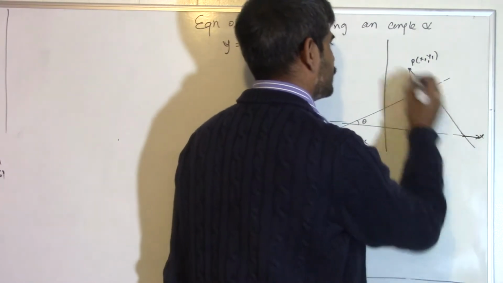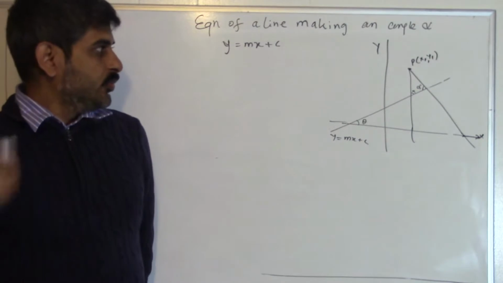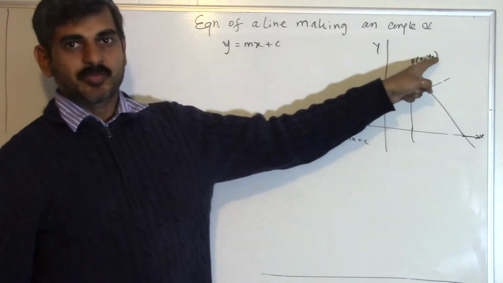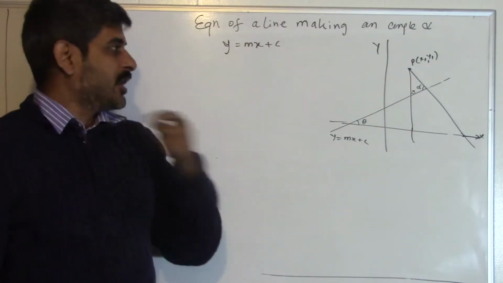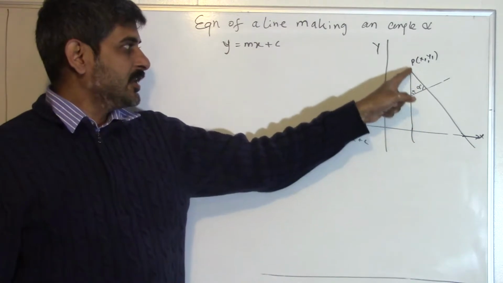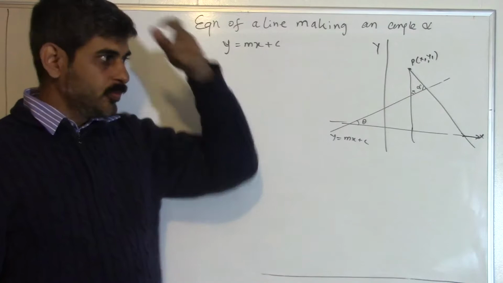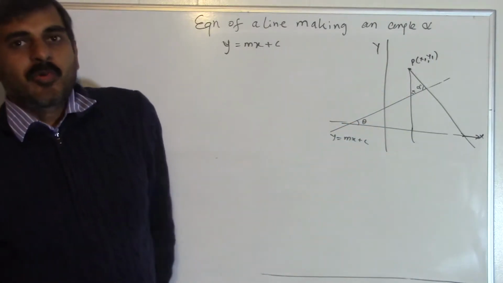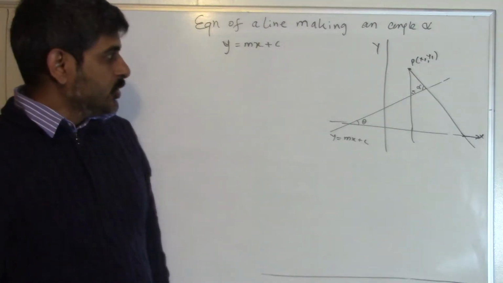This is the x-axis, y-axis. One condition is already given, that this line is passing through P(x1, y1). The only other thing we need to find out is the gradient of this line, and then our problem will be solved. Or if we can find the tan alpha of this angle, then our problem will be solved. But we are given m here. So to do this,